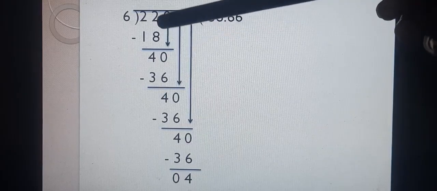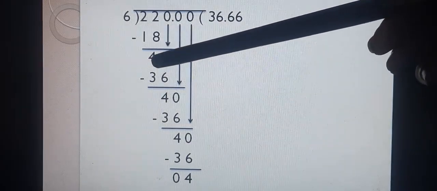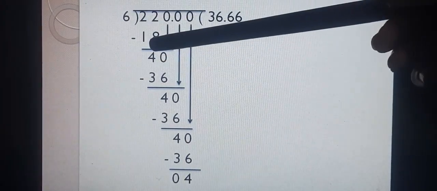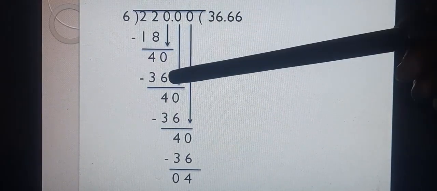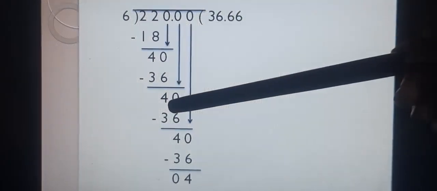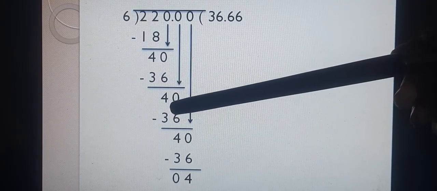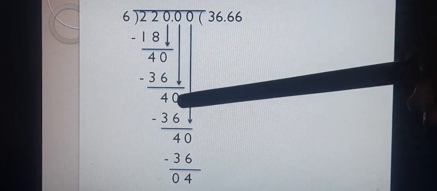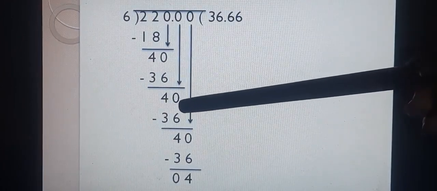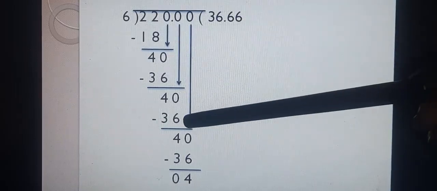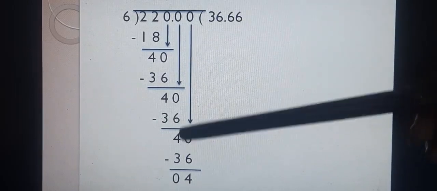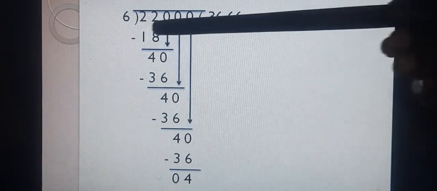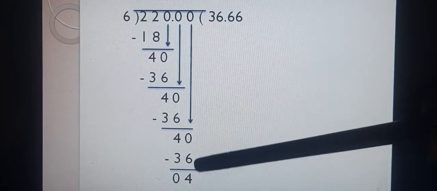Now 220 divided by 6. 6 3s are 18. So 22 minus 18, 4. 1 minus 1, 0. Now we will take 0. Now our dividend is 40. 6 6s are 36. 40 minus 36, 4 is remainder. Now as a remainder is left, we will put decimal and we will consider 0. This 0 will be taken here. 4 will become now 40. Then 6 6s are 36. 40 minus 36, again 4 is left. Take one more 0. 4 will become 40 as a dividend now. Now 6 6s are 36. 40 minus 36, 4.